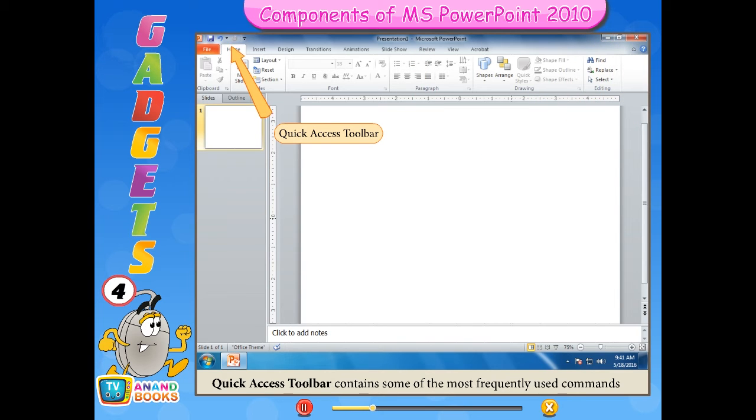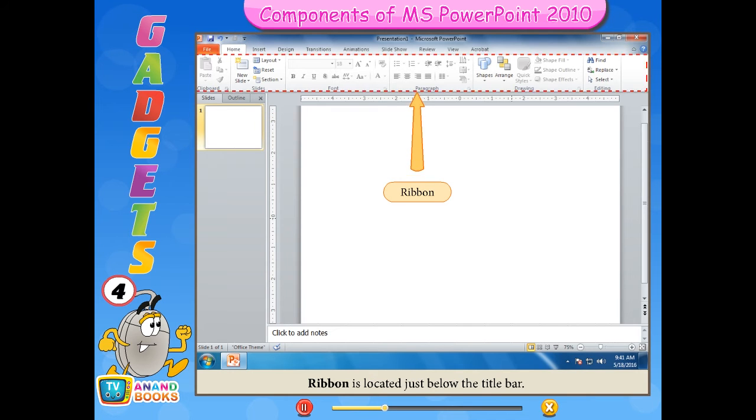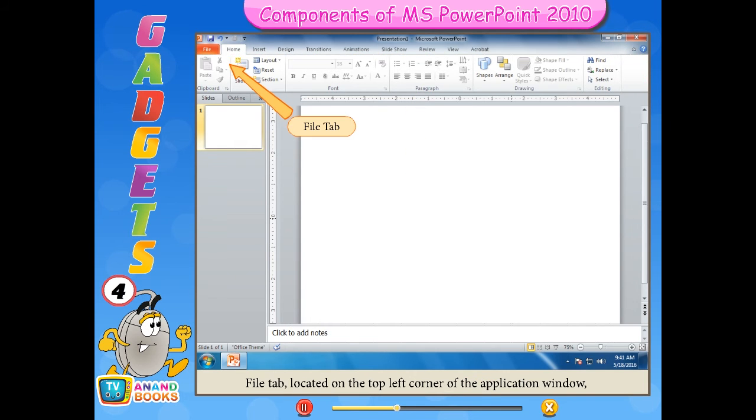Quick Access Toolbar contains some of the most frequently used commands like save, undo, redo, etc. Ribbon is located just below the title bar. It contains different options grouped together as tabs. To access these tabs, we use the ribbon tabs. File tab located on the top left corner of the application window contains file handling options like save, save as,